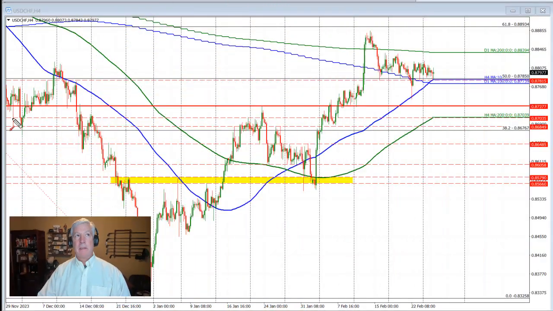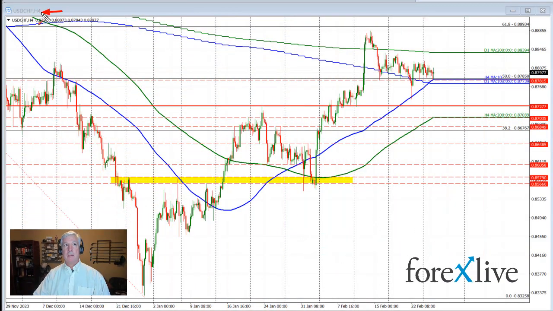Going to take a look at the dollar versus Swiss franc to start your trading day in that currency pair. So let's get started. I'm going to take a couple views of this currency pair. I'm going to start with the 4-hour chart. And what you can see in trading here today is up and down price action in a very narrow